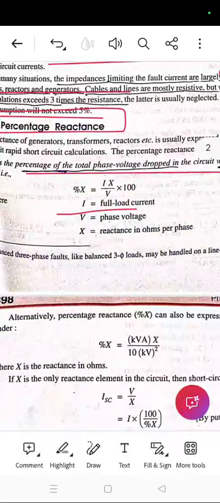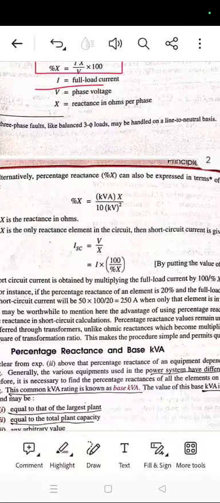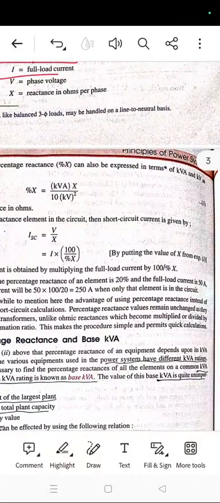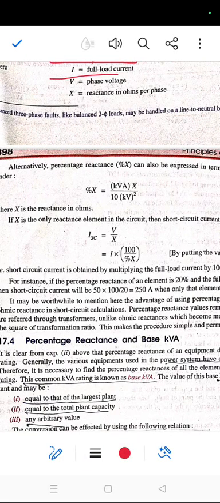The percentage of reactance is IX by V into 100. Alternatively, percentage reactance is also expressed in terms of kVA and kV. Percentage of reactance is kVA into X by 10 into kV square. If X is the only reactance element in the circuit, then the short circuit current is given by